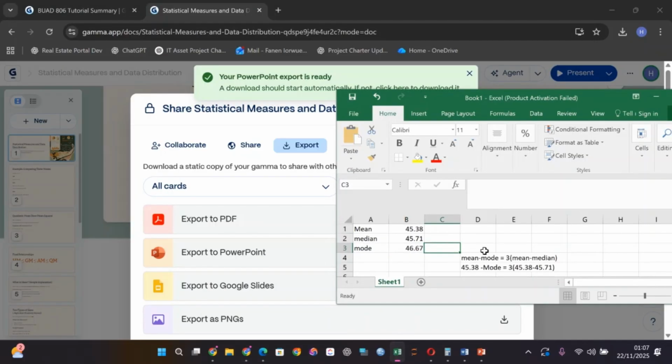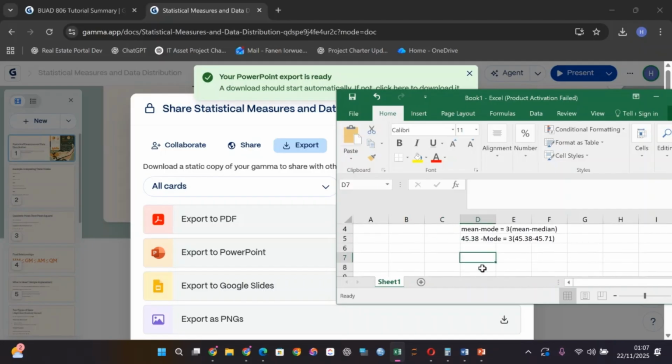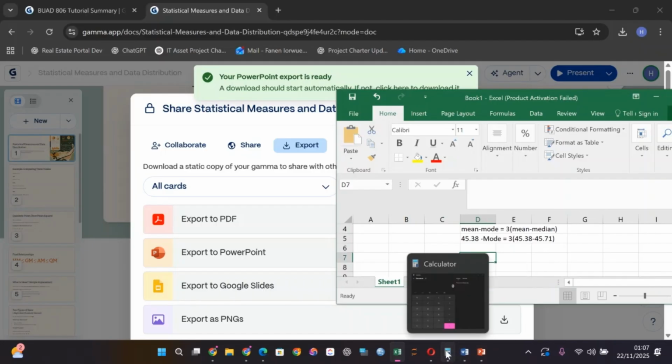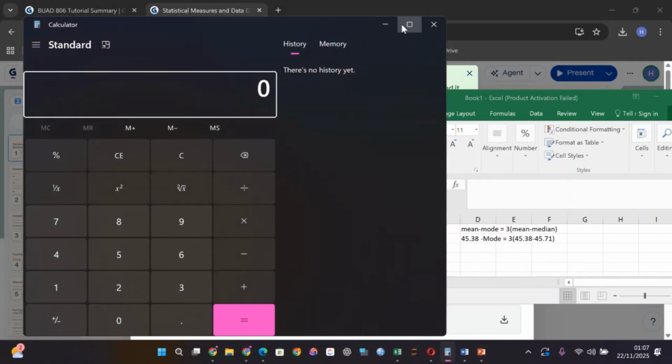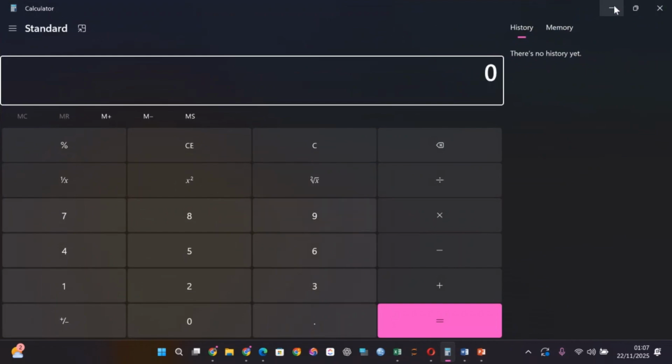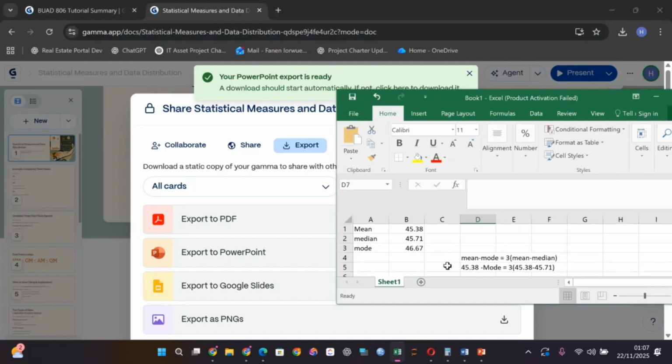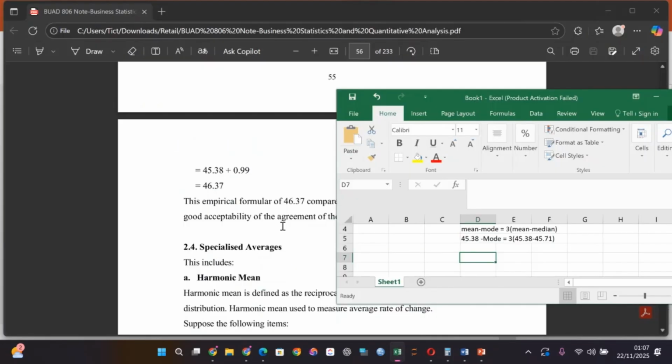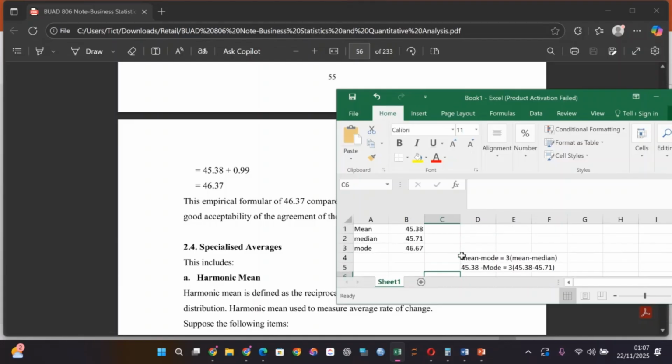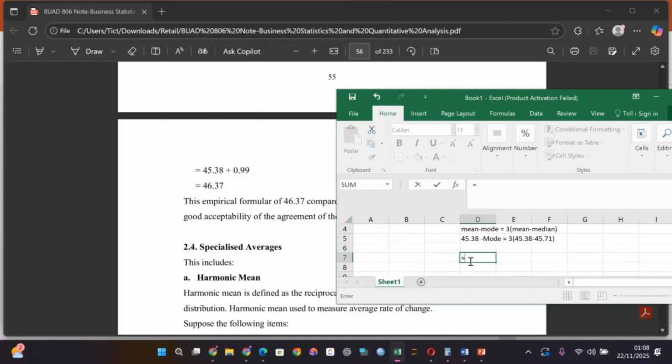Okay, so now look at it. Let's do it this way. Should I use the formula or the calculator? You understand calculator better? Let me use Excel because you'll be seeing the values here. When you are using Excel for any formulas, you have to make use of this sign. So let me show you what this means. I have this 45 point, so this is equals to I have